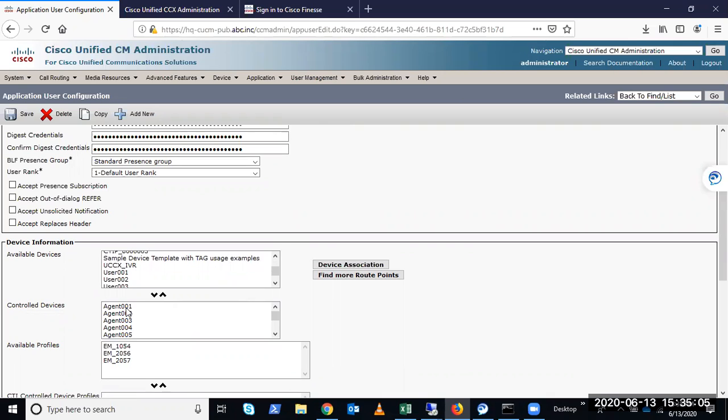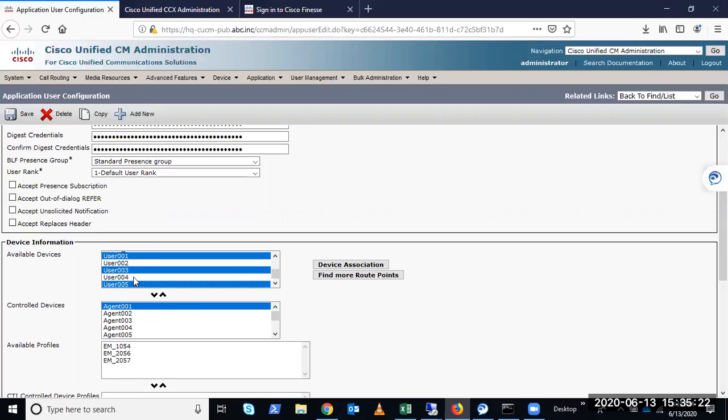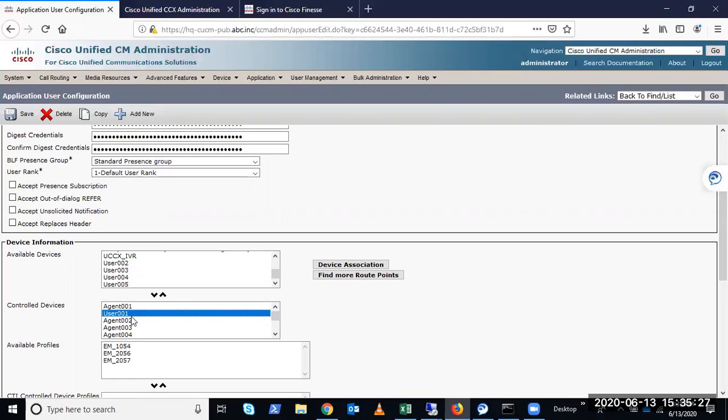We have to make sure that agent 001, which is our agent that we've just enabled, is selected from here. If we want to make any other user an agent, we have to select those users. You could do multiple as well, and you can just drag them down. So for example, I can drag user 001 down here and then hit save. So now user 001 will be acknowledged in UCCX